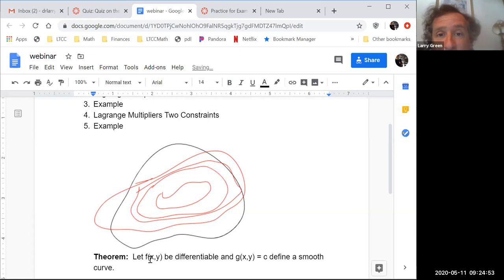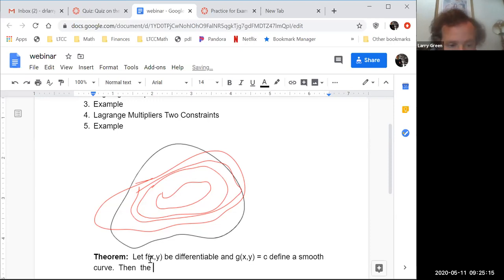Notice that f of x, y is a function of two variables in the three-dimensional space, whereas g of x, y is a function of two variables, but it sits in a two-dimensional space. Okay, then